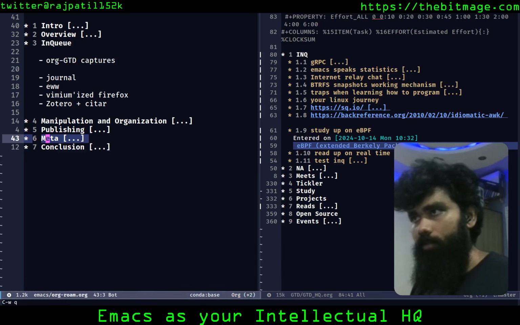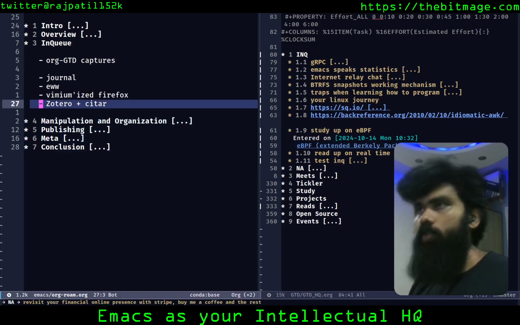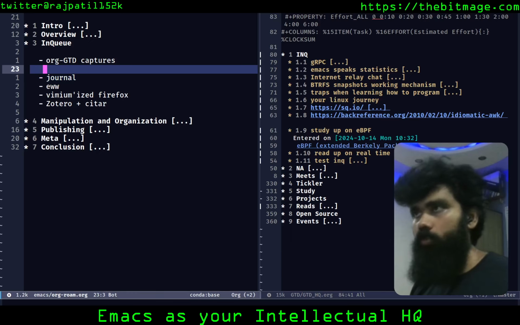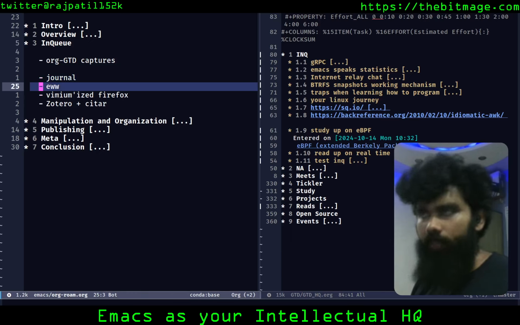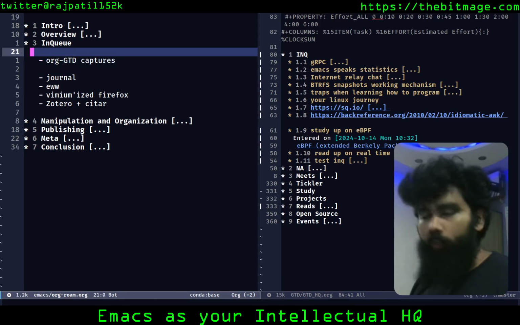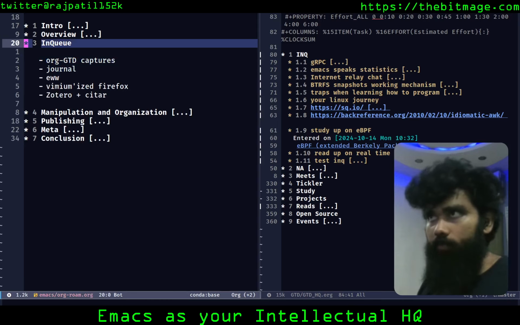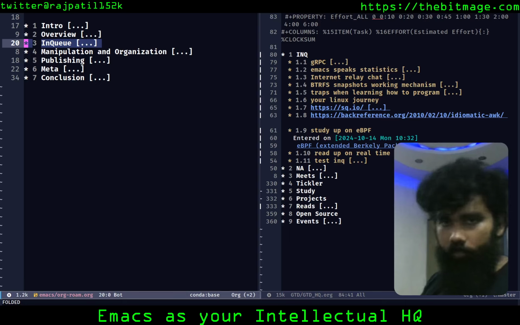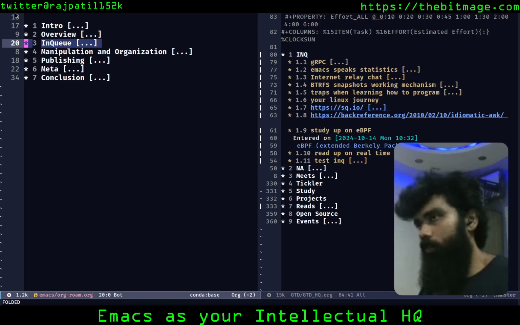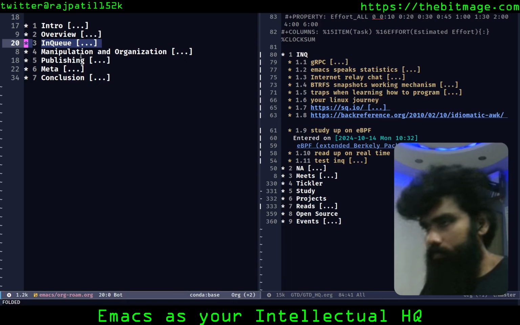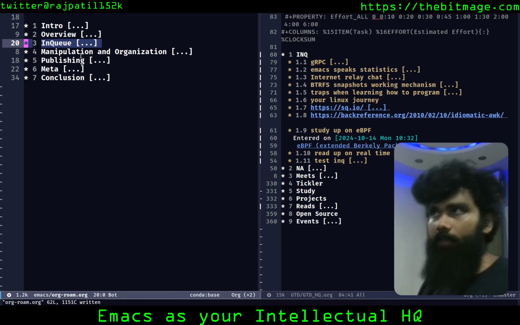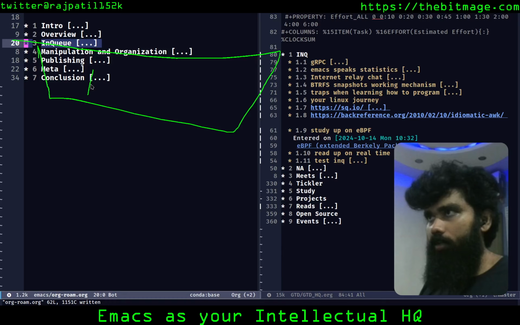We've covered quite a lot. So we did cover EWW, journal, GTD captures, Vimium'ized Firefox, and Zotero plus Citar. So that is my whole in queue. That is how I take information into Emacs. Now, as with any particular knowledge workflow, it benefits from having a particular discipline. So my in queue, this particular funnel,